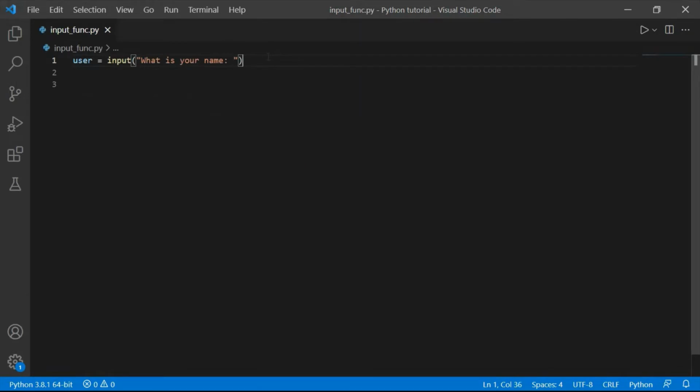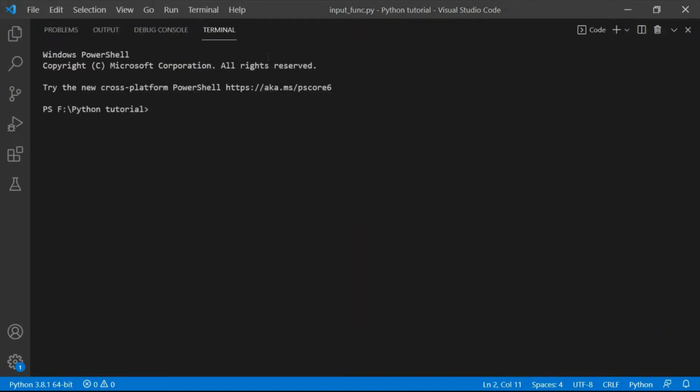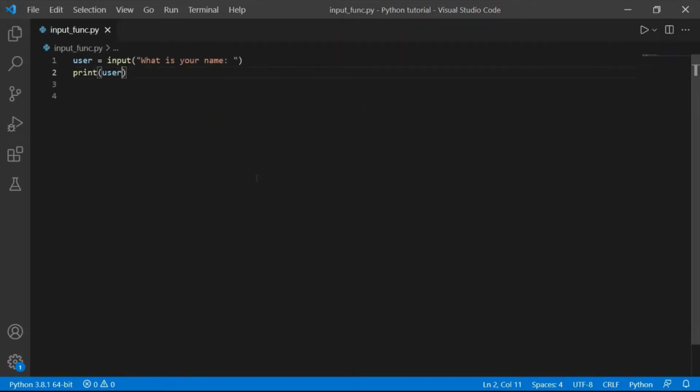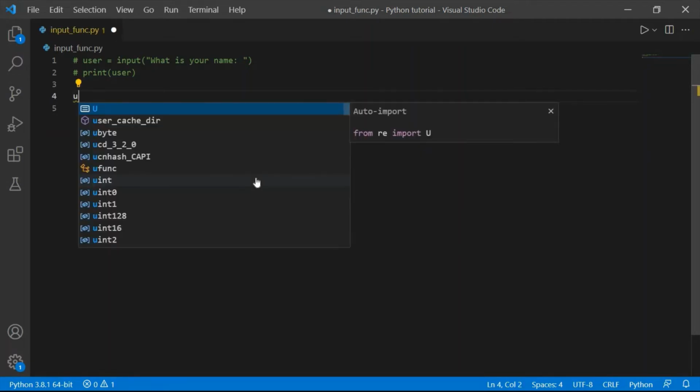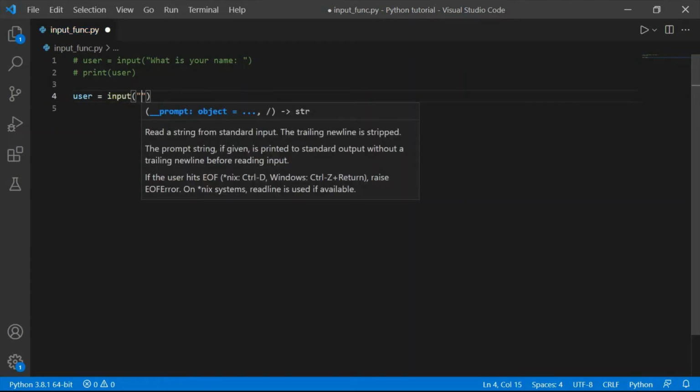So we can also print that, like print, if we print the user, then we can also do over here like Lalit. So we got Lalit. Next, this is a small function. This is how we use it, and let us create a new function that user equals input, and inside of this